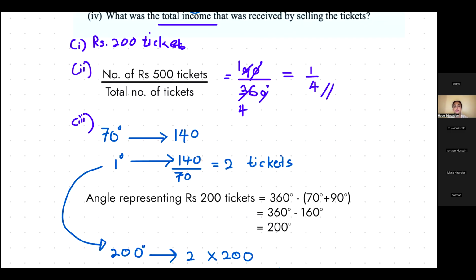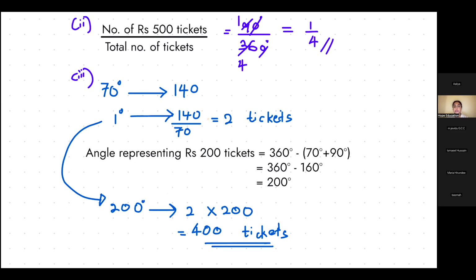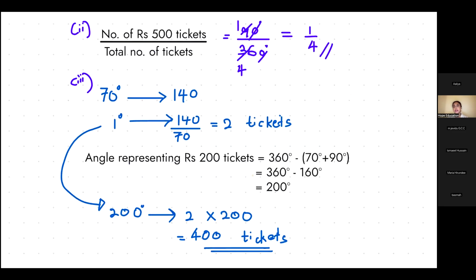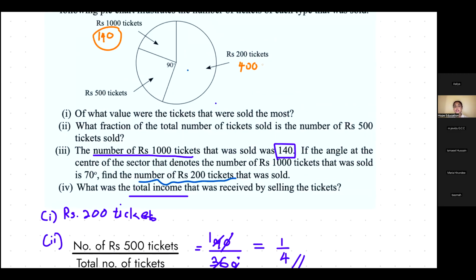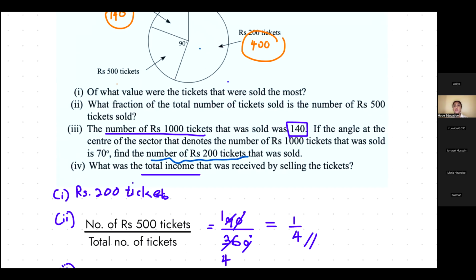200 rupee tickets, 400 tickets have been sold. So 200 rupee tickets, 400 such tickets have been sold. We have to find 500 rupee tickets. How many of those tickets have been sold? That is